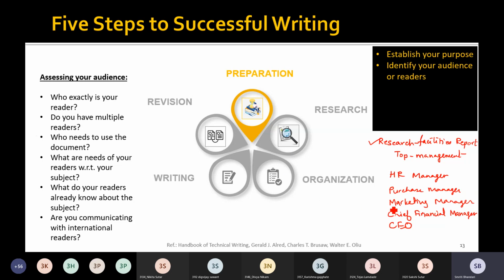If we think of the marketing manager, then what would be the concern of the marketing manager? The marketing manager would give priority to the facility's proximity to the primary market.